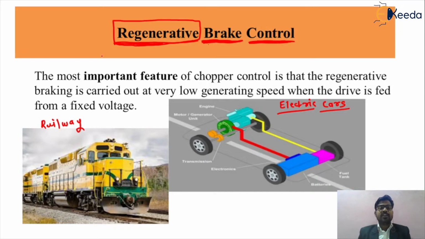So friends, according to the definition of electrical drive, as we know, drives are the systems employed for motion control, and if we are using electrical motors for motion control, then it is called an electrical drive. In electrical drive we prefer a very important thing called the electric braking method. What do you mean by electric braking method?